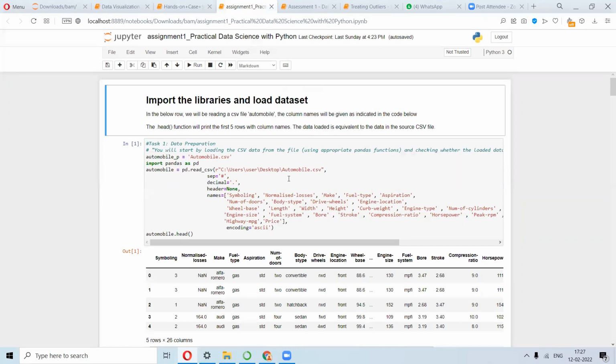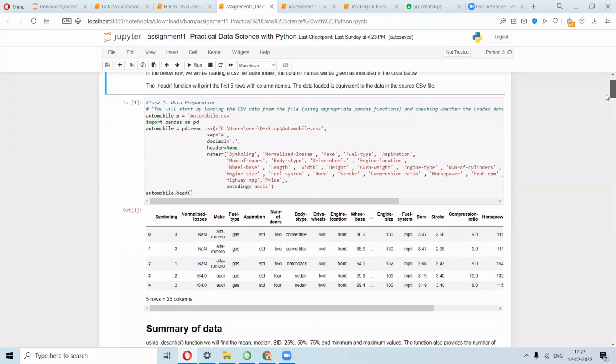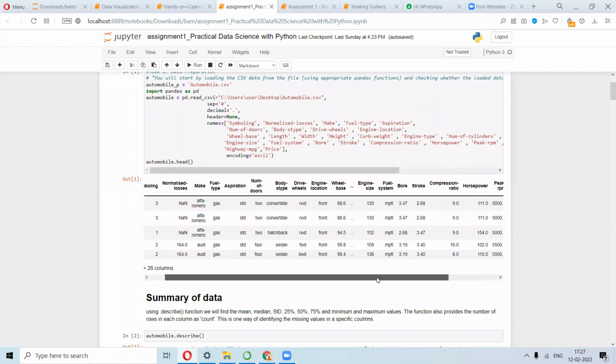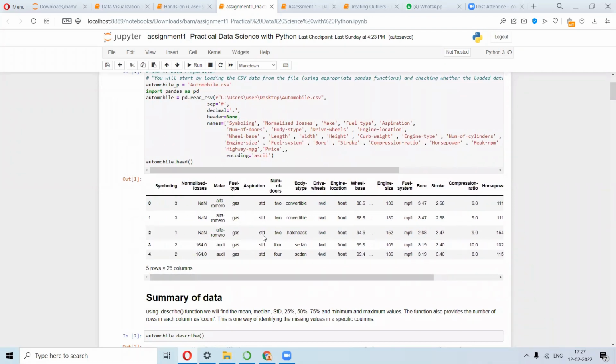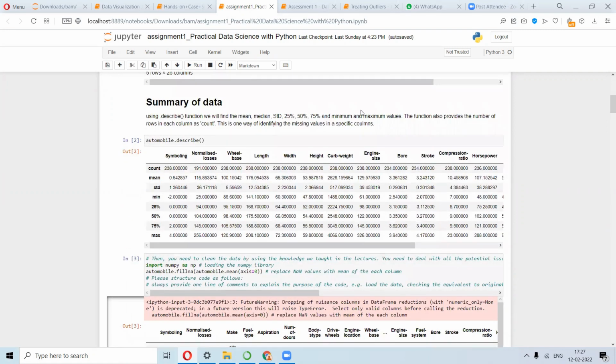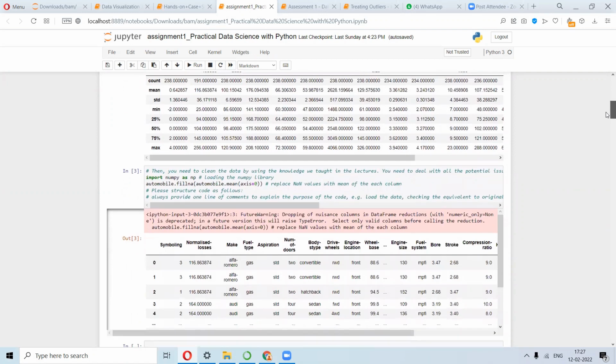So this is the same thing that we are dealing with: Automobile.csv. This is how we put in the data set, and this is how the data looks. I'll just show you this so that you can have the idea and work on your own. This is the total thing that you have. See, so many features are there in this sort of data set. Firstly, you can look into the summary of the data. So automobile.describe will give you all these things.